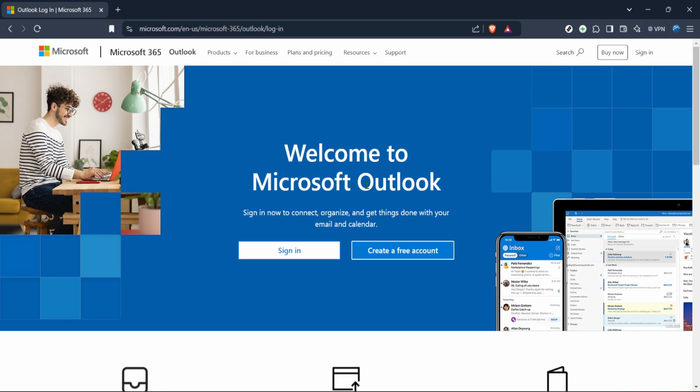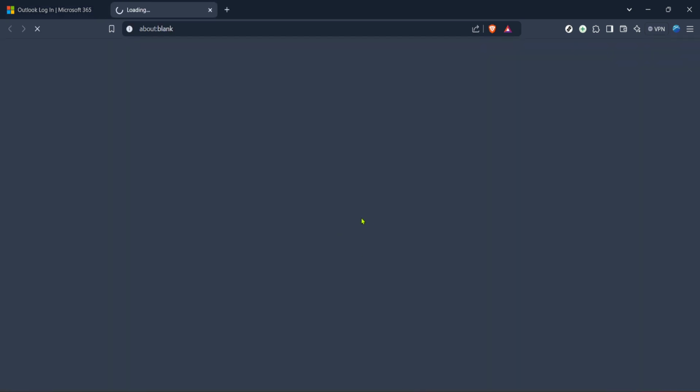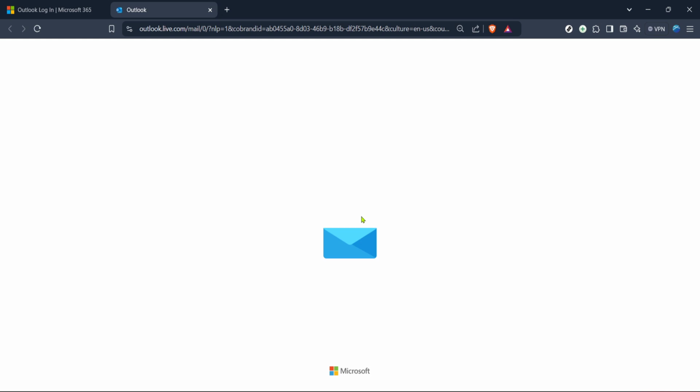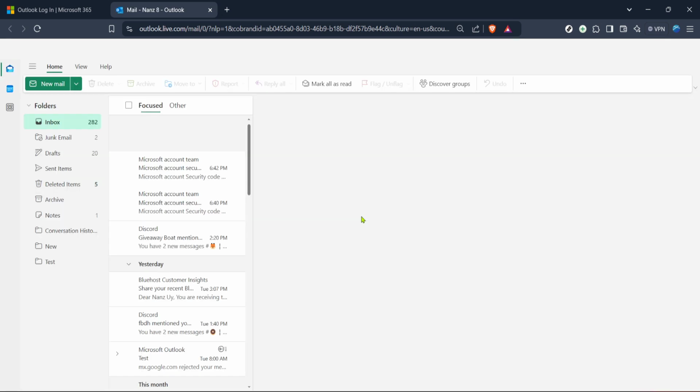To start off, you need to log into your Outlook account. This is where your entire email adventure begins. Open your browser and head over to the Microsoft Outlook login page. Once you're there, click on the Sign In button. Enter your email and password to access your account. Keep in mind that if you're having trouble signing in, make sure your caps lock is off and you're connected